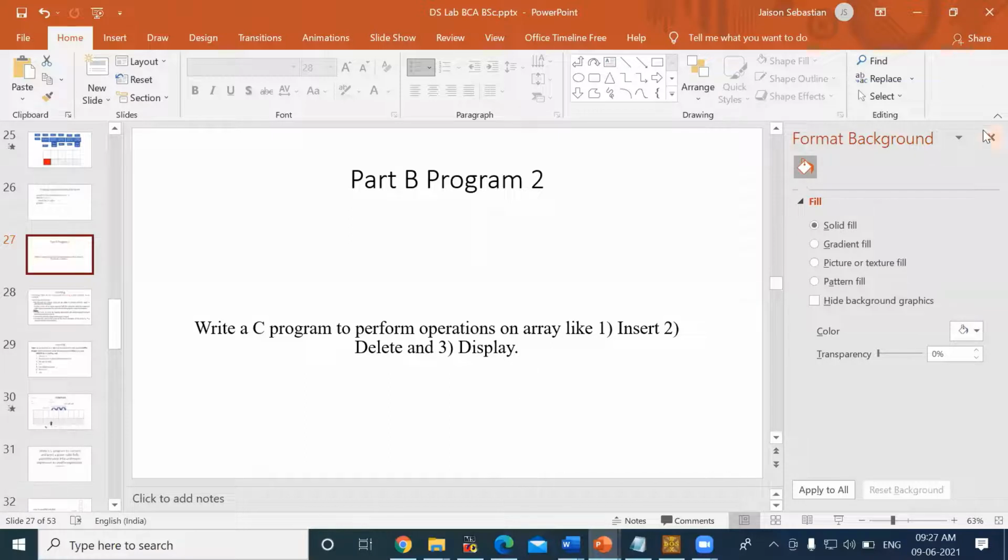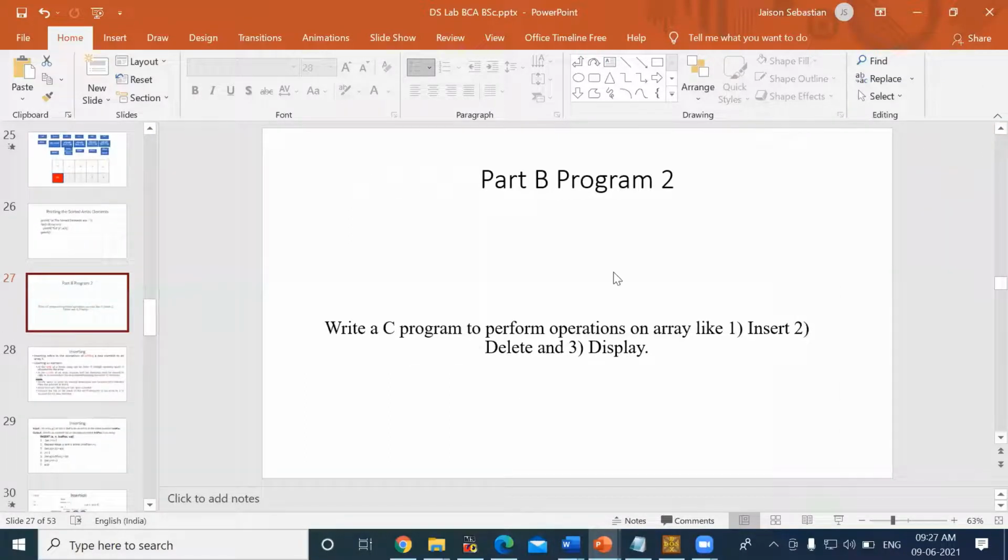Then display is nothing but displaying all the elements of the array that we already have executed in all our programs. After sorting, we were listing out all the numbers in the array, right? That we already know how to display. So all these three operations we are implementing as a program, using function calls as well as a menu driven program. We will be showing a menu for inserting an element into an array, for deleting an element from the array, and displaying all the elements in the array. So this will be a menu driven program.